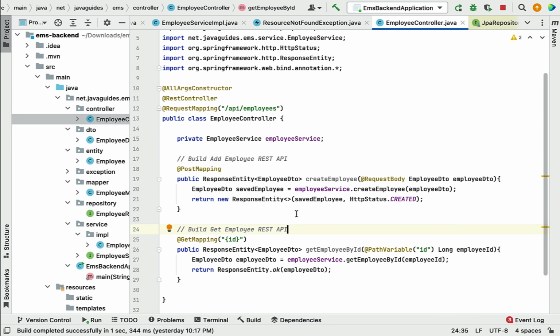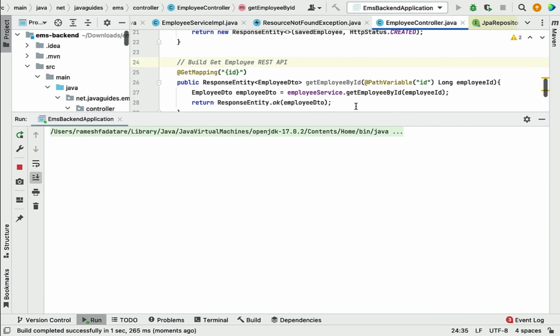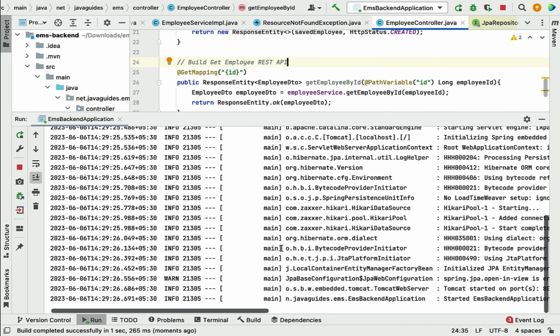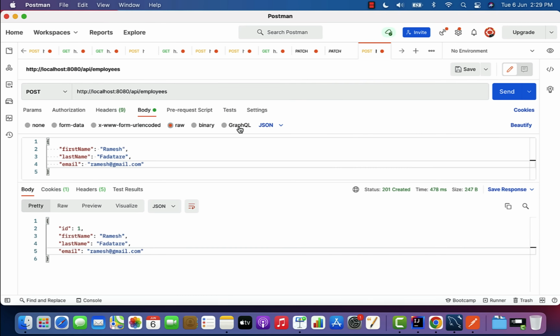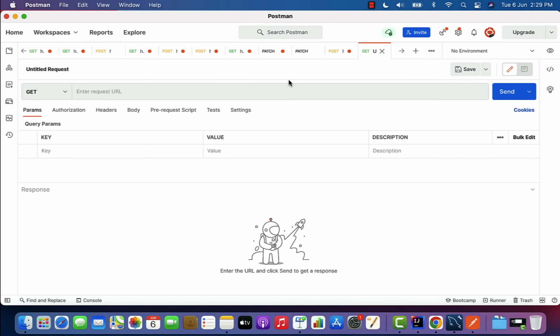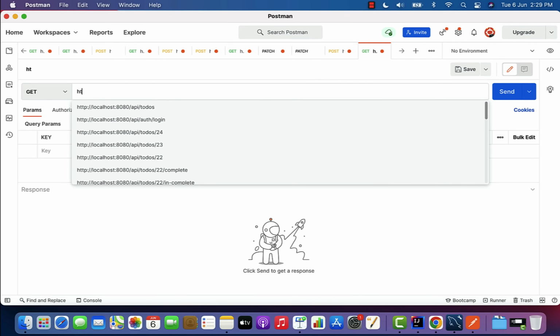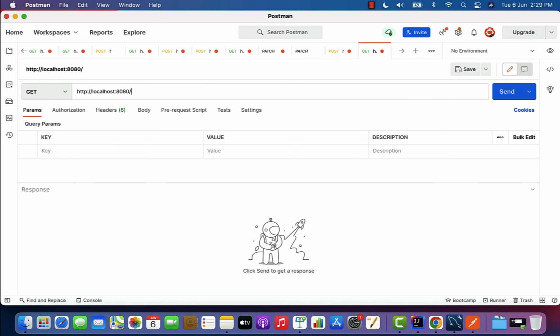Next, let us rerun our Spring Boot application and let us test this REST API using Postman client. So from here, I want to stop and rerun the Spring Boot application. Well, notice here our Spring Boot application is up and running in embedded Tomcat server on port 8080. Next, let us go to Postman client over here and let us create a new request. And here let us choose HTTP GET method and let us enter the request URL http://localhost